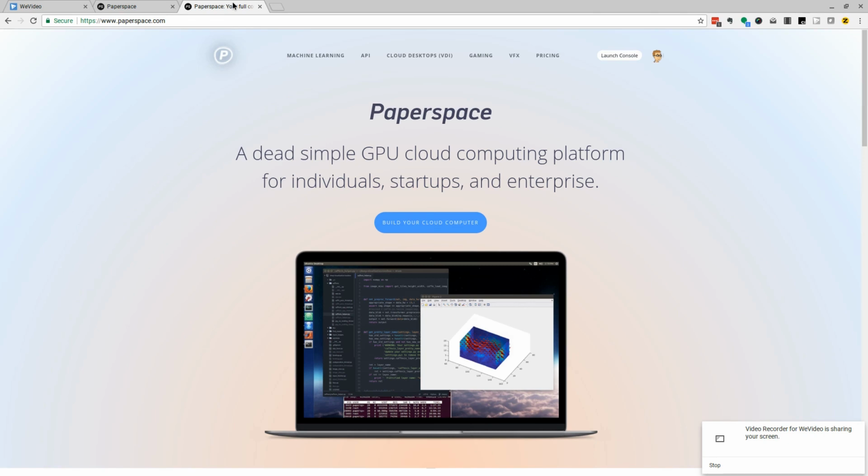Okay, so a couple of ways of doing this, running your server in the cloud. One is Amazon has a bunch of products where you can do this. You can start your own Windows instance on EC2 and then remote desktop to that Windows instance. They actually have like an enterprise